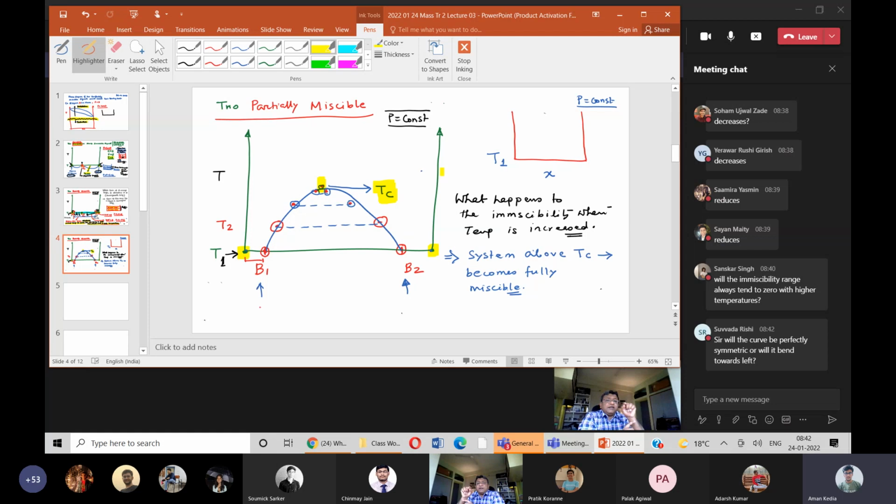Because you are doing the experiment at a particular temperature, right? And if you consider the liquids to be ideal liquids, there is no heat of mixing effect, right? Then the temperature won't change. Temperature will remain constant, and a horizontal line will indicate a particular constant temperature. So you are going to get these two phases in equilibrium, but they are at a constant temperature. Is it clear to all?